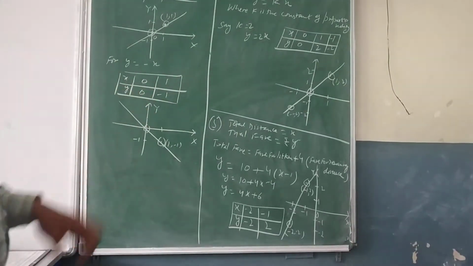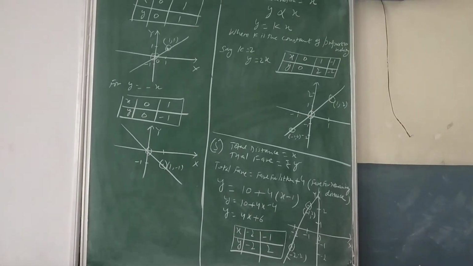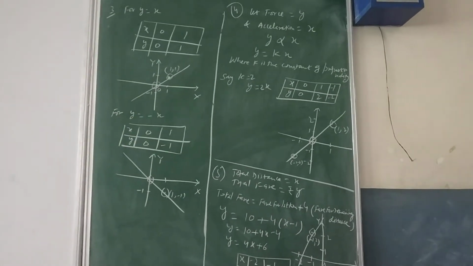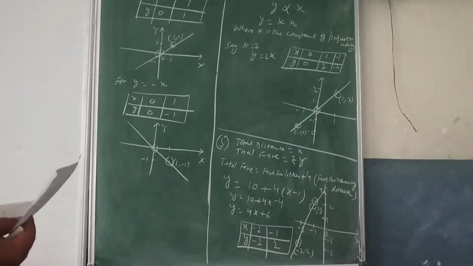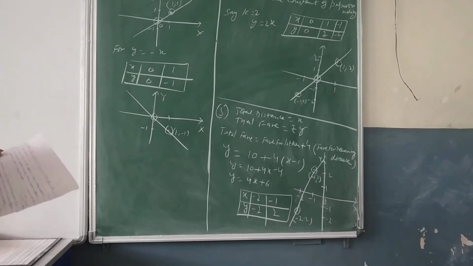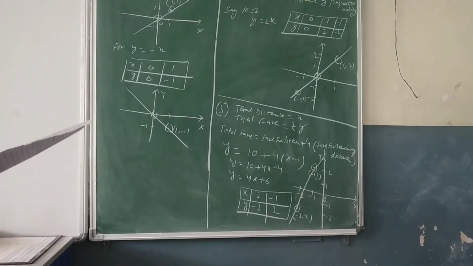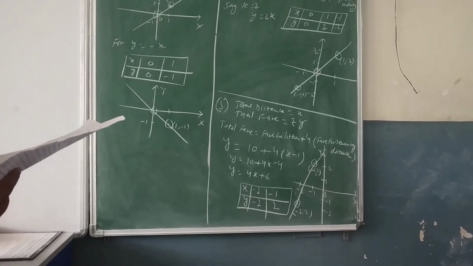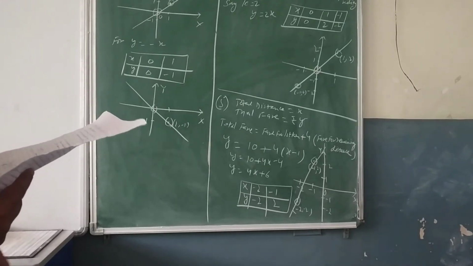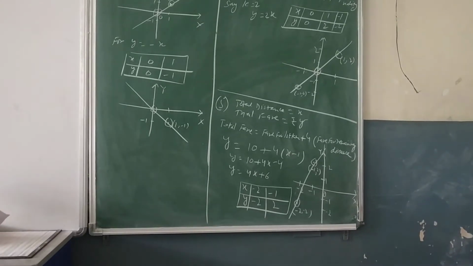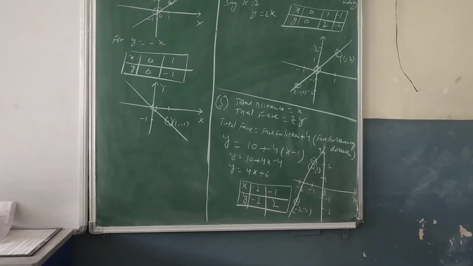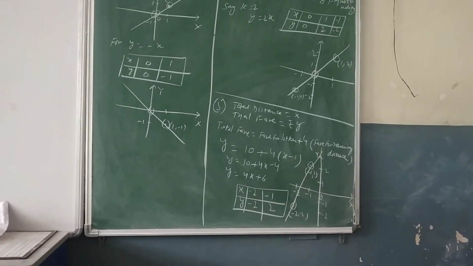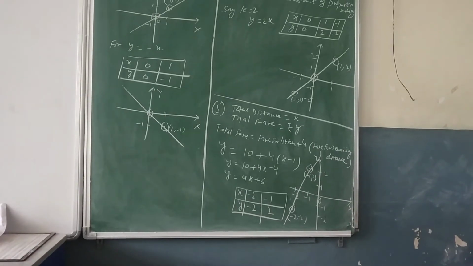So I have given you the question based upon your NCERT question. What type of questions are there? Those types I have tried to give you in this assignment. And your last question was the auto rickshaw fare in a city is charged ₹10 for the first kilometer and ₹4 per kilometer for the subsequent distance covered. Write the linear equation to express the above statement, and then you have to draw the graph for this equation. So based upon this, one taxi fare charges were fixed in your textbook. The question was there somewhere. So on that format I have given you this question.